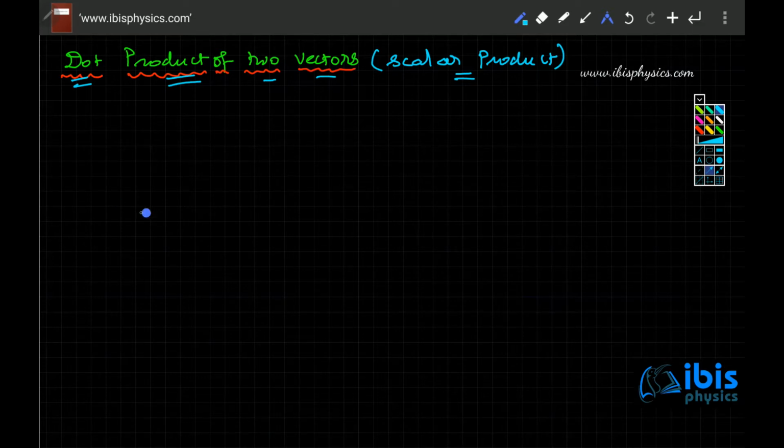Suppose there is a particle or something, and there are two vectors. Let's say one vector is A vector, and another vector is making some angle, and that is B vector. So let's say it is A vector, it is B vector, and let me write B up here. The dot product of A and B vector is nothing but the